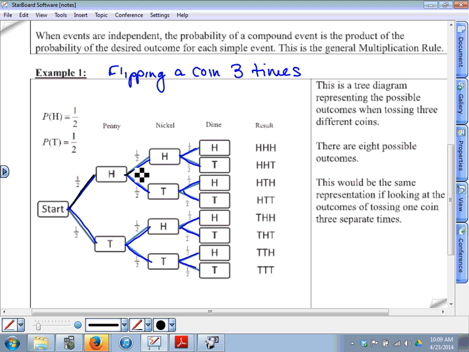You can start here and go heads, and then heads, and then heads. So there's 1 different result. Or there's heads, and then you can go down here and do tails. It helps you keep track not only of how many results there are, but what they are. So we're going to be practicing making these tree diagrams and then using them to figure out different probabilities. Okay? For example,